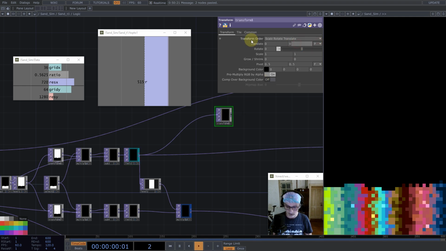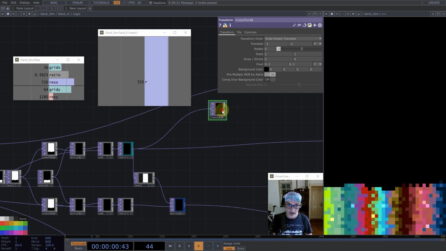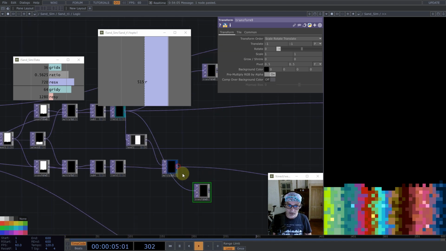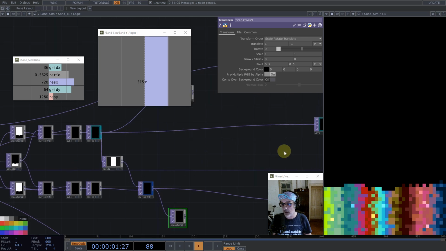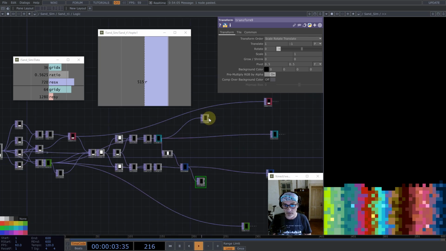So -1 to go to the bottom, and then -1 to go to left. Okay. The ones that go to right, let's move them to right, and we only need to change this minus to plus. Okay. Now, if we multiply them,